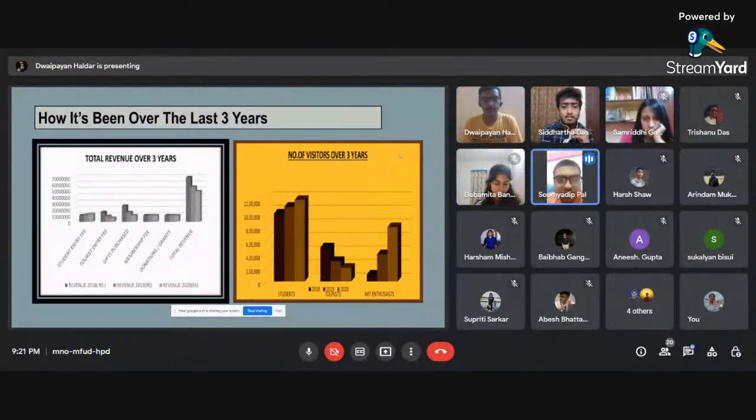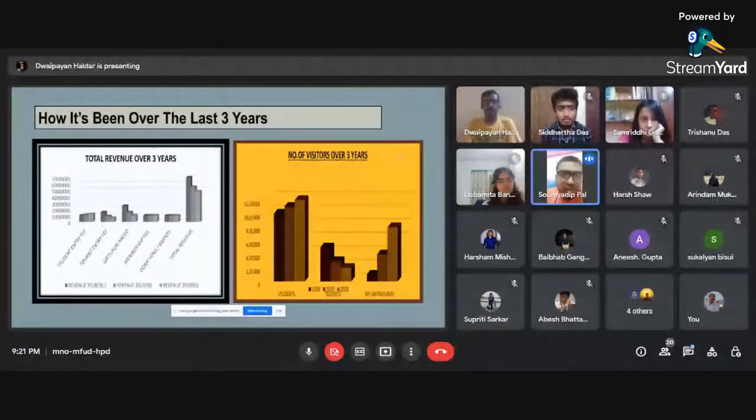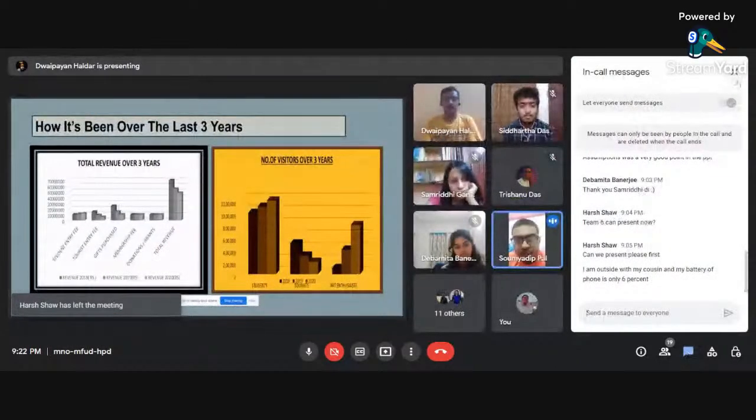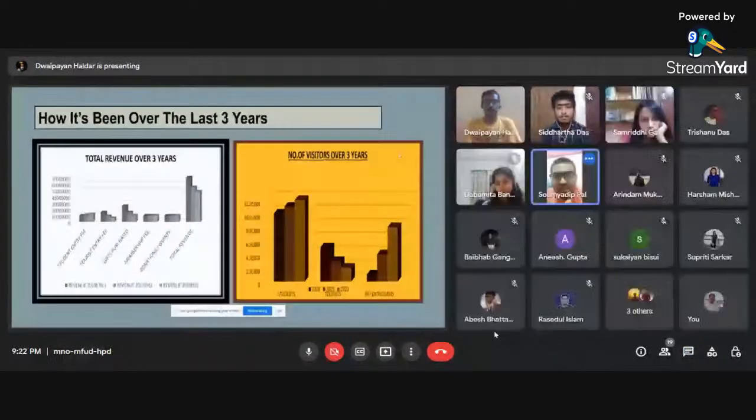As we can see, the number of tourists has decreased over the 3 years, and so have the gifts purchased by them, while the other three factors, such as the student entry fee, membership fee, and grants, have been constant. The students have increased and art enthusiasts have also increased, but they couldn't make up properly for the decrease in tourists over the 3 years.